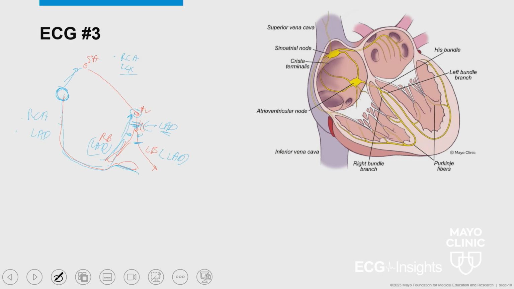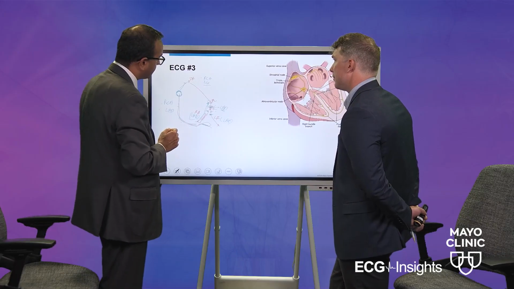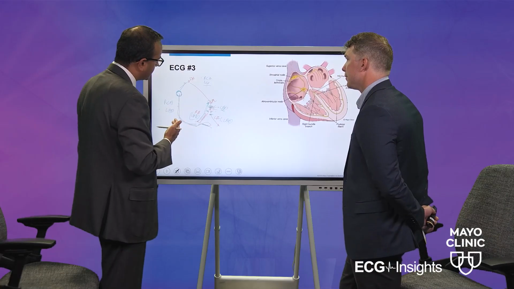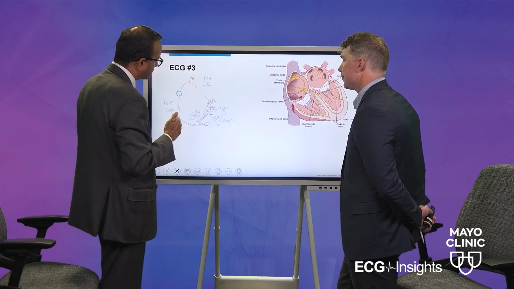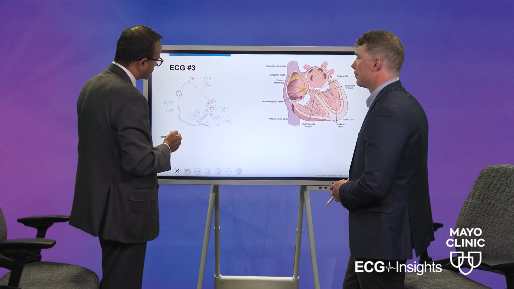But key thing is complete heart block, because complete heart block can occur both from inferior wall MI and anterior wall MI. Anterior wall MI with complete heart block doesn't get better, so the patients would need a pacing device right away. The inferior wall MI patients with complete heart block may not always need a pacemaker, and if you watch them or put a temporary pacemaker and give it some time, those AV blocks may get better over a period of time. So just from AV block standpoint and the ischemia standpoint, it's important to know which AV blocks are very concerning and requiring urgent pacing compared to which we can certainly sit and watch.